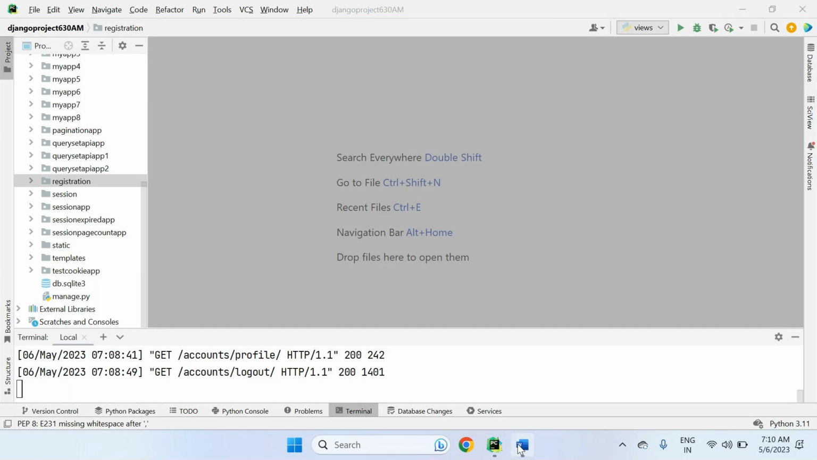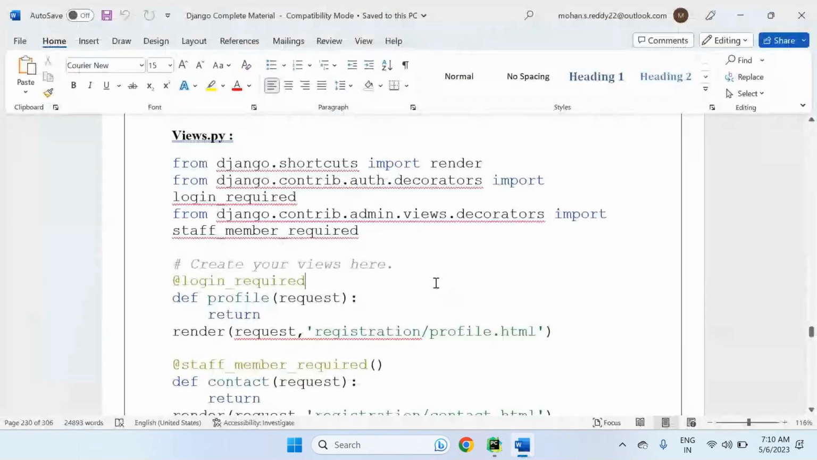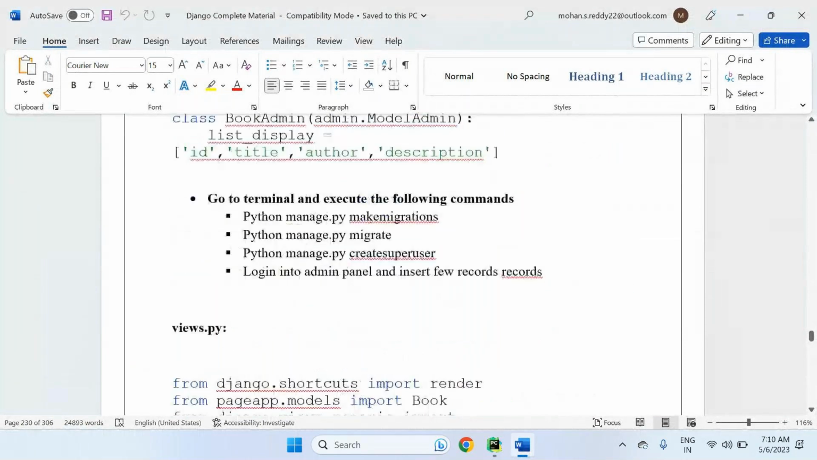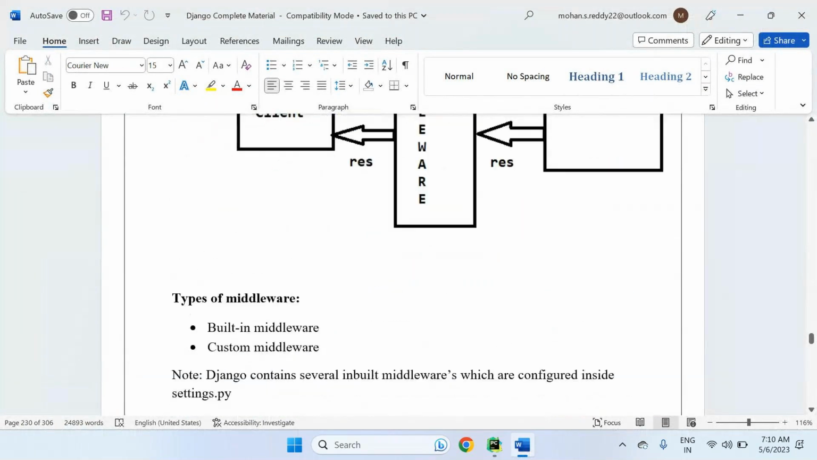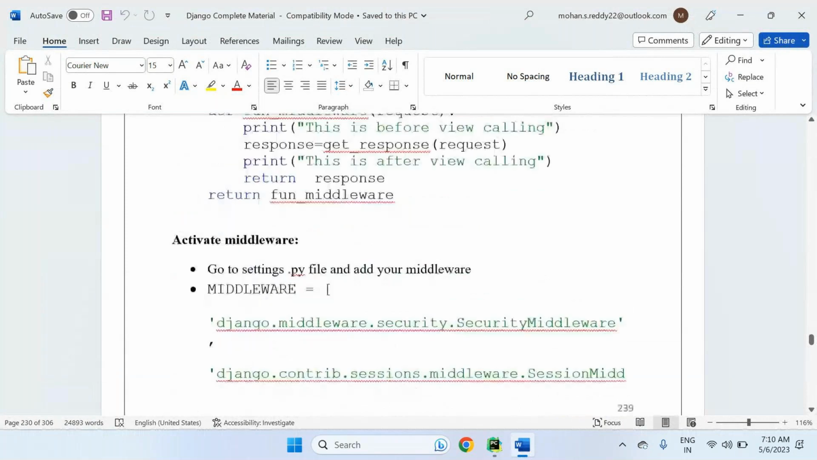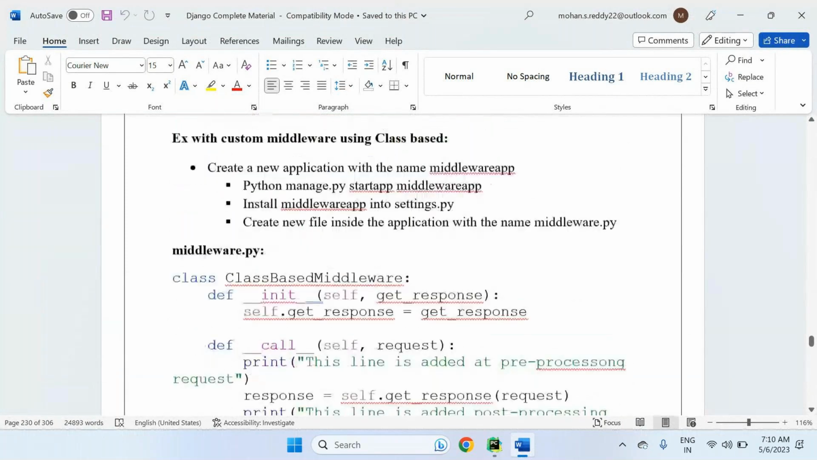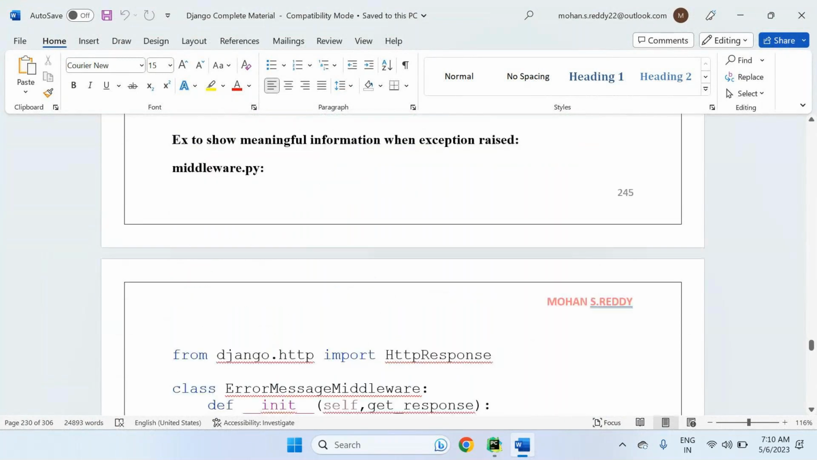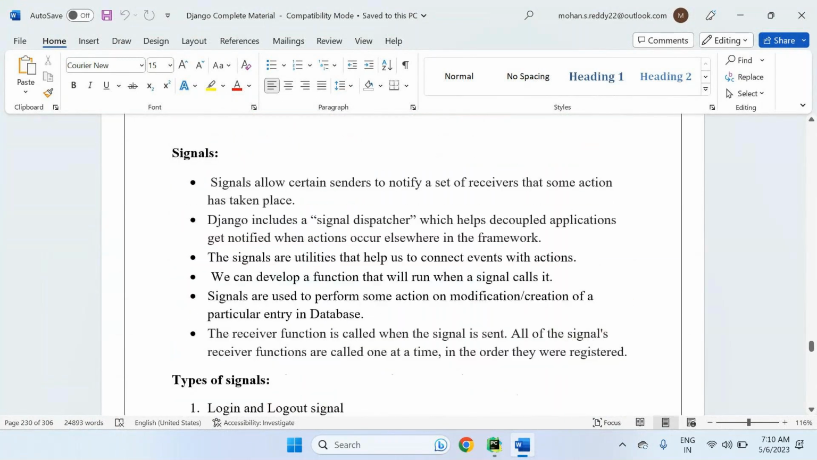Let me show you the signal topic here. Django signals can be used in Django REST API, which I'm going to start from Monday. So in that REST API topic, I'm going to use signals. That's why I'm covering this signals topic. Otherwise, it's not important for us. But anyway, I'll show you how signals work. So signals